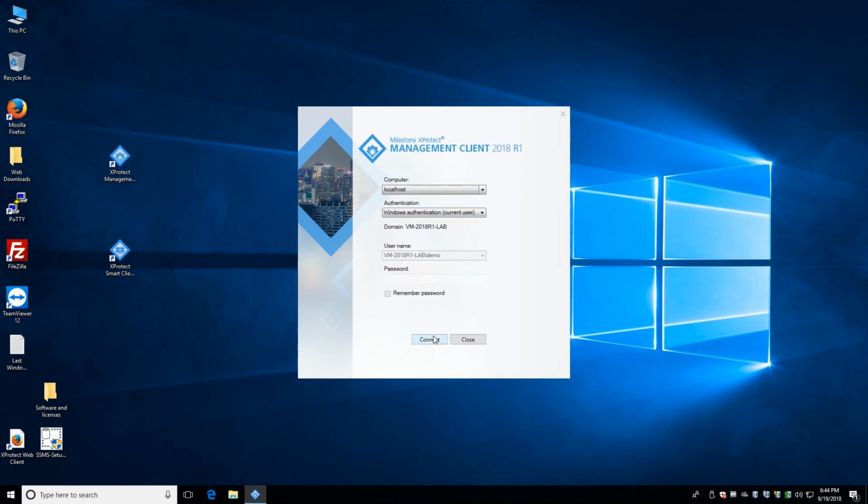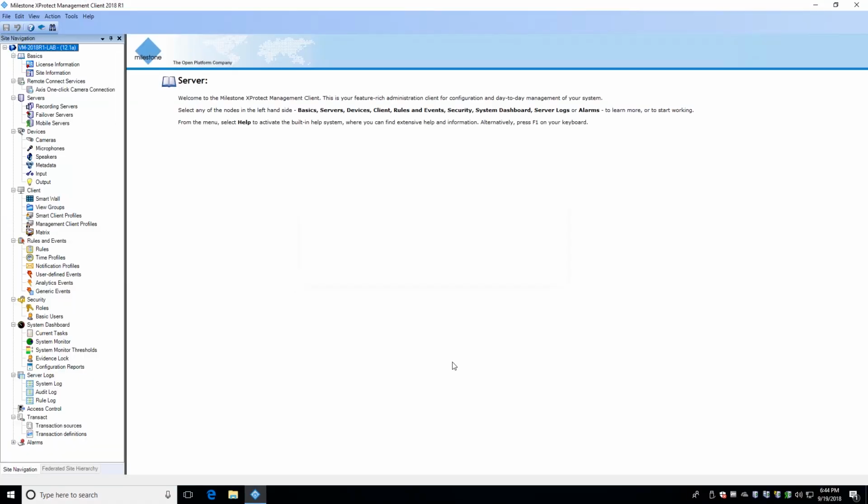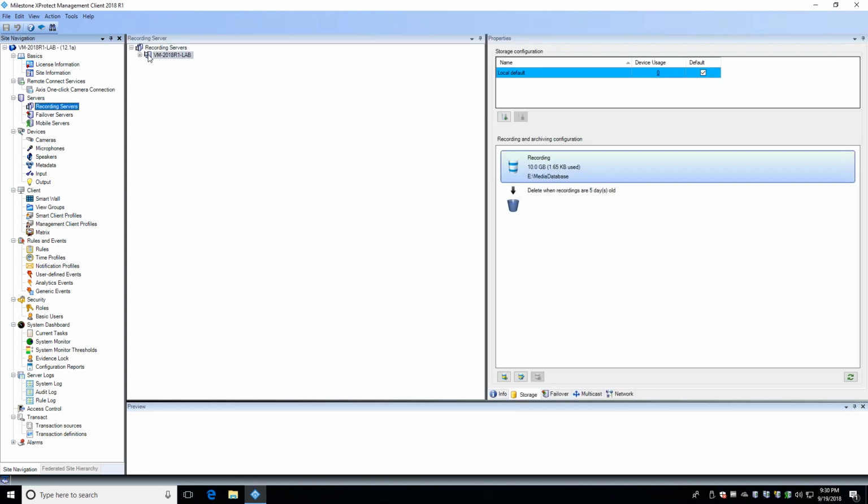Remember, it's highly suggested to use one or more dedicated video storage drives or drive arrays that are not the same drive or a partition of the drive your computer operating system is on. Click on the recording server on which you want to set up storage. If you're running Essential Plus or Express Plus, you'll only have a single recording server listed here, but our advanced products may have many different recording servers listed, each of which may be in a different physical location and each with its own video storage drives.